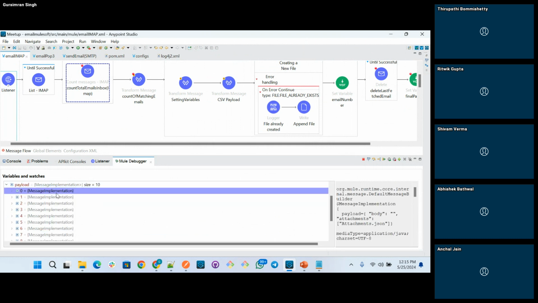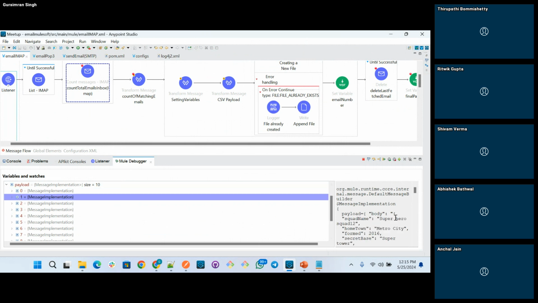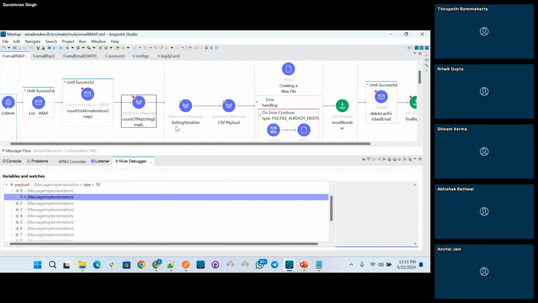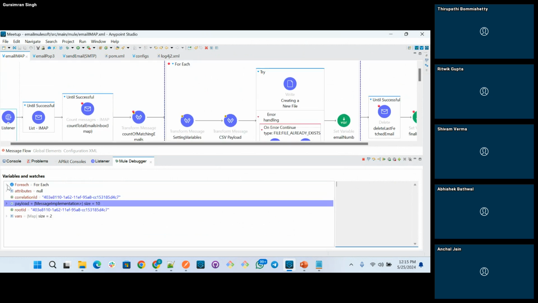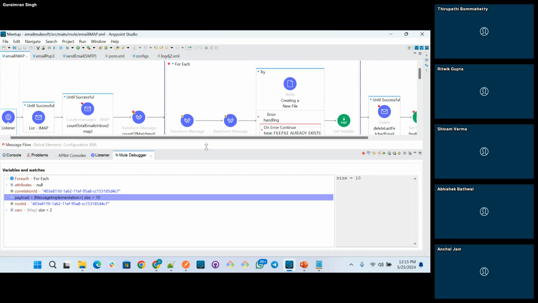In the payload, you can see each of the details in kind of multi-part objects. There's nobody in the first attachment. In this one there's no attachment, we have sent it as a payload. Likewise there are multiple ways. I will just move next. Where I have to stop, I will just stop and show you. Let me maximize this one.